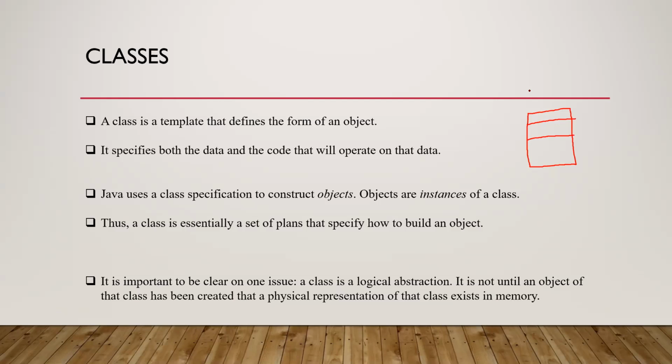His degrees, right? His visiting time, so where all he sits and what are the different visiting times. So all these will be the properties of the doctor. And then what are some of the methods of the doctor, right? So the methods will be that he can treat patients, he can recommend some tests, he can give a prescription, he can take money from the patient, and so on and so forth, right?